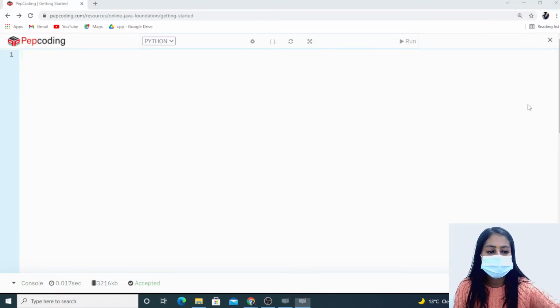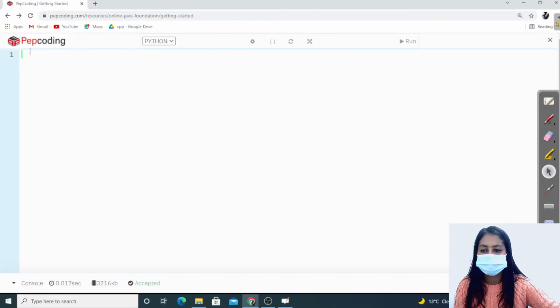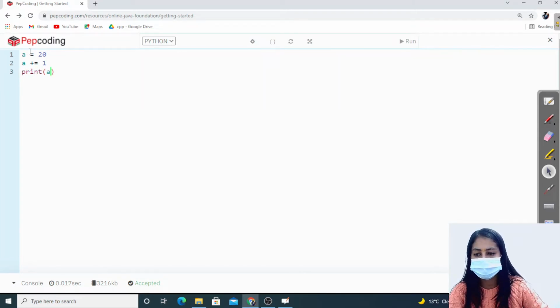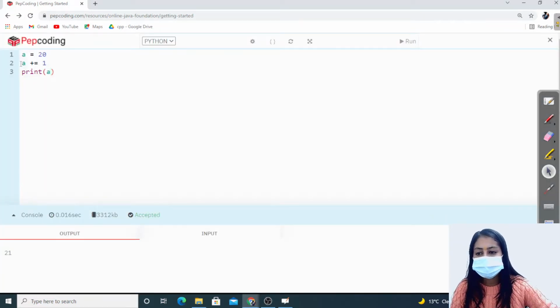So in Python we have a statement like this, and if I write it like this, then it will increment the value of a by 1, right? So let's try to code this. Let the value of a variable, say a, be 20. Now I write like this. Next let me print the value of a. This statement will increment the value of a by 1. Firstly the value of a is 20, after incrementing it will become 21, right? So this is how we can increment the value of a variable using Python.